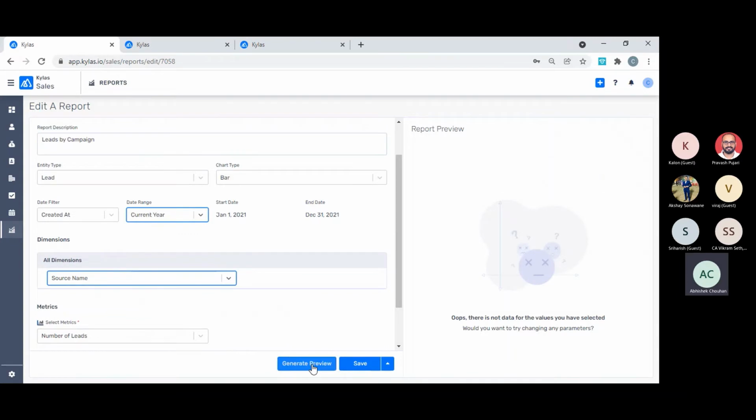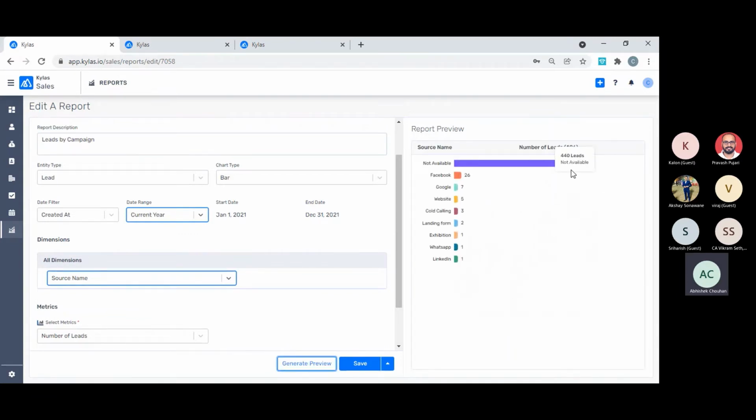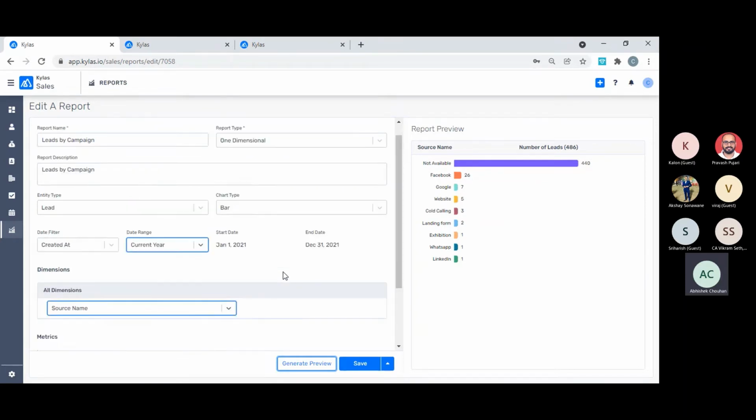Right, so this gives me an idea of how many leads have been created by each source. So how much money you should be spending on the next campaign when you are planning to run one, because you have data from the past on which campaign has given more yield to you, and the same goes for campaign and source both. Okay, so this tells you that Facebook has given 26 leads to you, Google has given these many. So this is all dummy data, but whichever campaigns you are running, you can create that campaign value in Kailas, and you can associate that with a lead, and it gives you a data set when you try to filter it out.